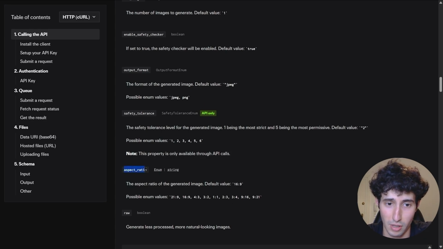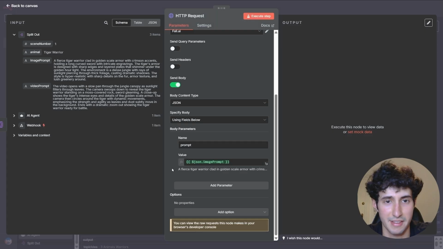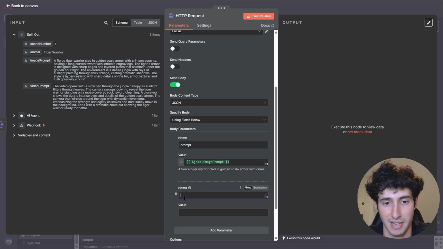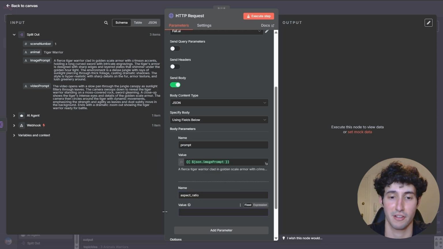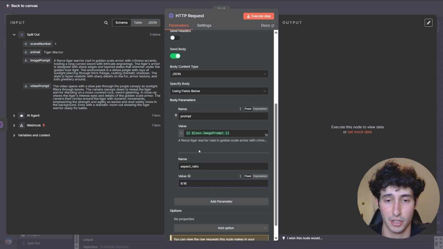To do that, I will come over here, copy the aspect ratio, and I will also see all the possible values I can give to this parameter. Since I want the 9:16, I will keep this in mind. Then I will come back over to N8N and click on add another parameter. In the name I will paste what I just copied, which is the aspect ratio. And then on the value, I will say 9:16, which are the two parameters I